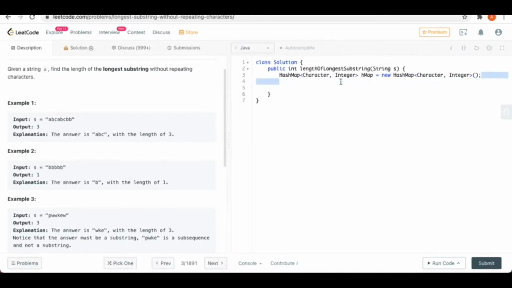Now I will have a loop which will start from the first place, which is int i equals 0, i is less than s.length, i plus plus. Then within the loop, first of all, I will check the character at the current location. So I will do s.charAt(i) at position i to get the character. Now, if my map contains the key